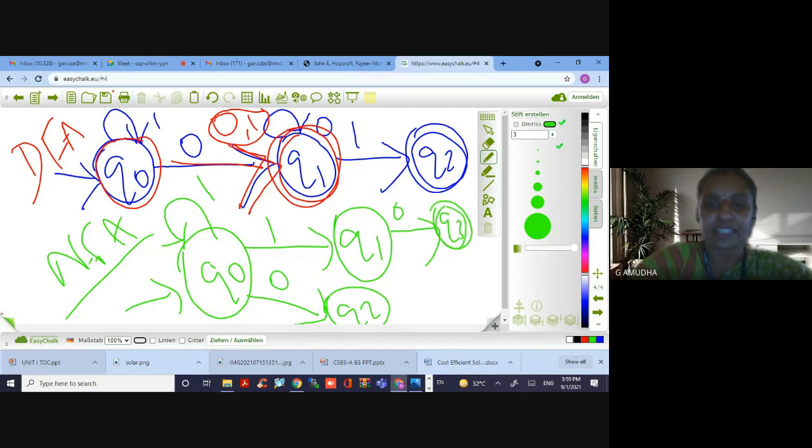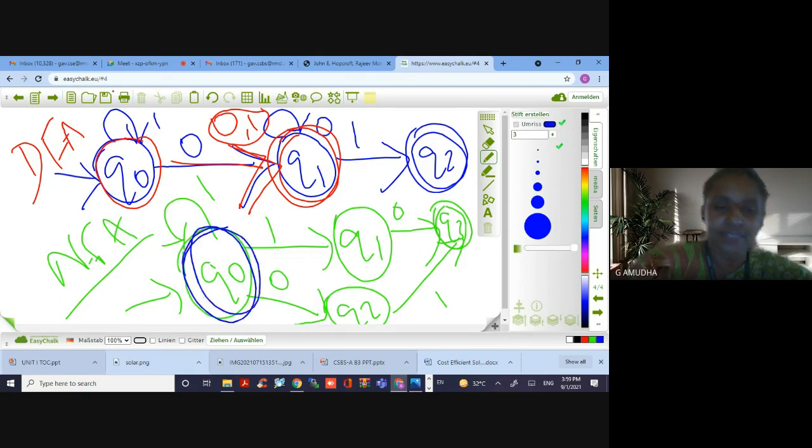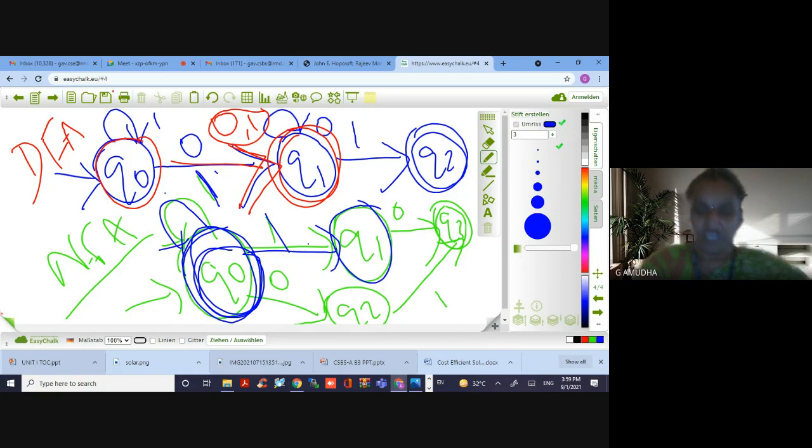Let it be the final state. We are just comparing with Q naught alone. So when Q naught is the state, if it is reading 1, it can go either to Q naught or Q1. So there are two possible paths, and it can choose any of these.